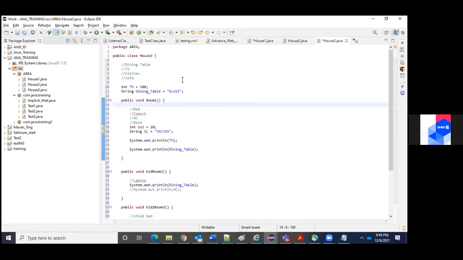So if you connect all these things to our programming language, it is the same thing. There is nothing different here. The area is a package, and the number of houses we see, those are called classes. For the house, there will be a number that's called the door number. In the same way, for the class, there will be a name that's called the class name, right? This is called House3.